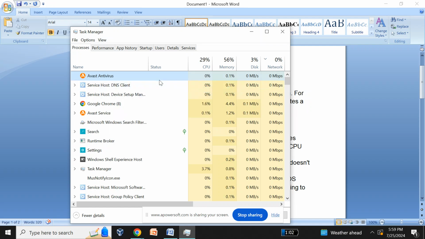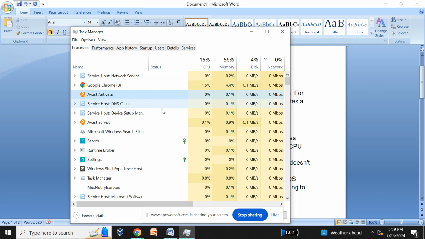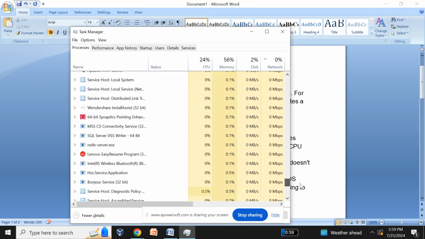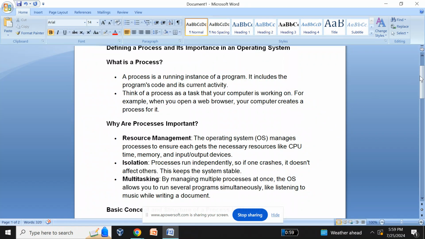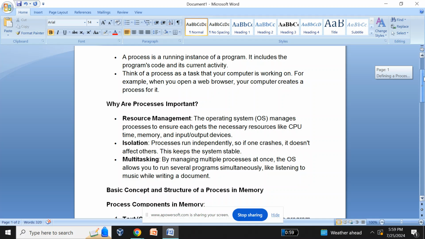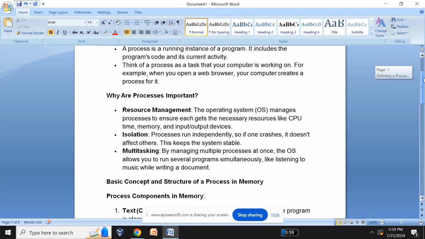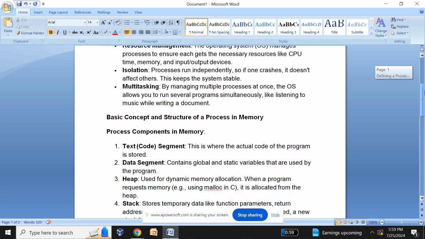Yeah, so it's consuming 0.1% of the memory. So if I close this task manager, okay, so as you can understand the basic concept of a process,